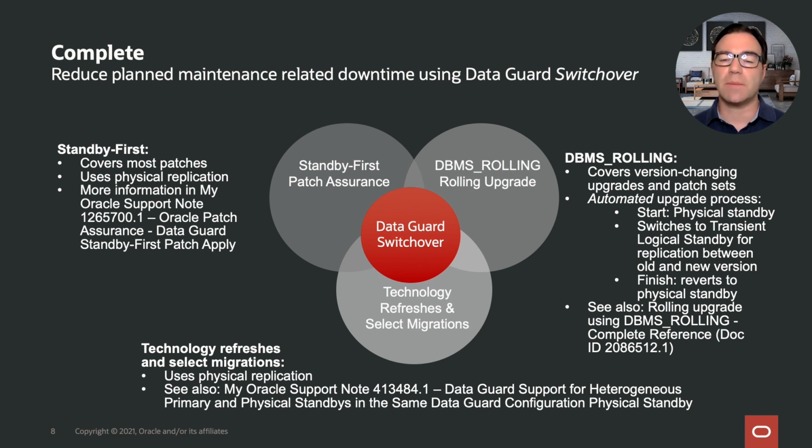Now, the last example in which DataGuard can help to reduce planned maintenance are technology refreshes. Let's assume your database is part of a DataGuard environment, and on the primary, you need to refresh the hardware or your operating system needs to be updated. In this case, you can use a DataGuard switchover, move your clients and applications to the standby, which thereby becomes a new primary, and do whatever technology refresh you need to do on the former primary and fall back if you need it, or invert the direction between primary and standby. Both of which are possible.